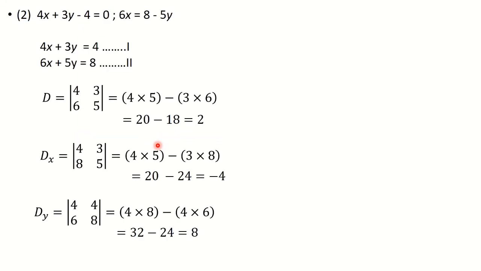Then this is one more question here. You will observe that here the equations are not in standard form. So this minus 4 is shifted to the right hand side and it became plus. Also here this minus 5 is shifted to the left hand side, so it became plus. First write in standard form and then do the further things. That means write d, dx, dy and then apply the Cramer's rule.